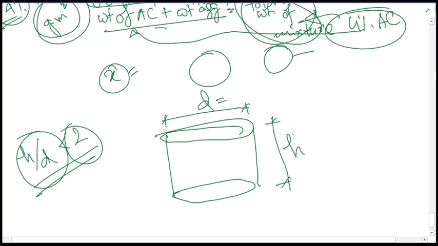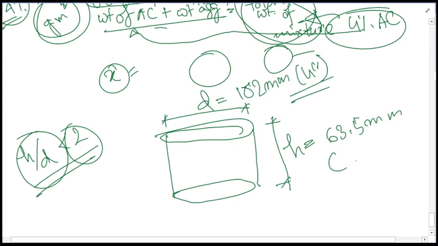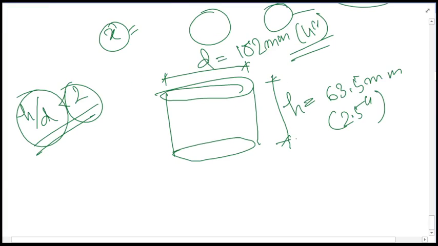So height will be 63.5 millimeter, whereas the diameter will be 102 millimeter, that is equivalent to 4 inch actually, and this is maybe 2.5 inch we are dealing with for the height. So therefore the h by d ratio will be less than 1, so no problem and no correction factor should be used here. So this is the final height which we should be filling it with,